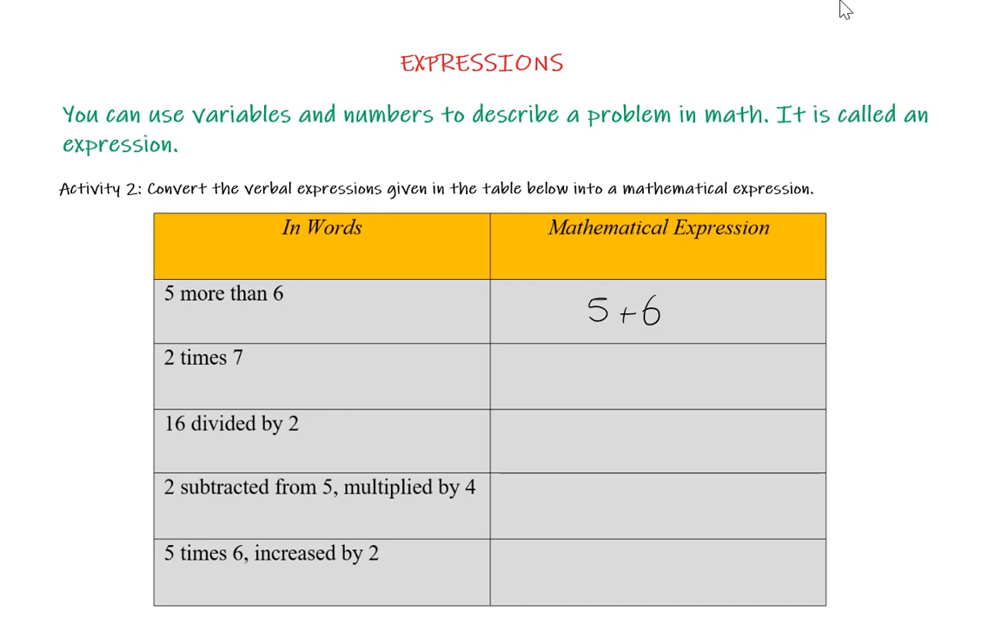2 times 7. This means you should multiply 2 with 7. 16 divided by 2. I think this is clear. You should divide 16 by 2. 2 subtracted from 5. Let's follow the instructions. I subtracted